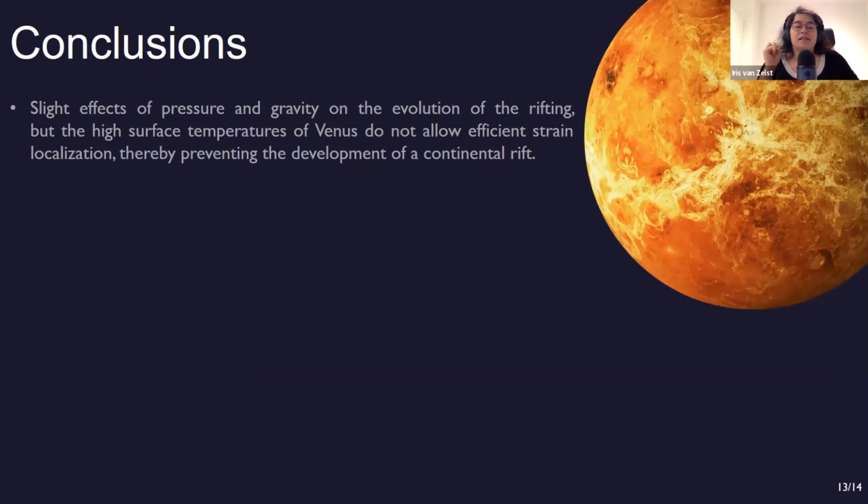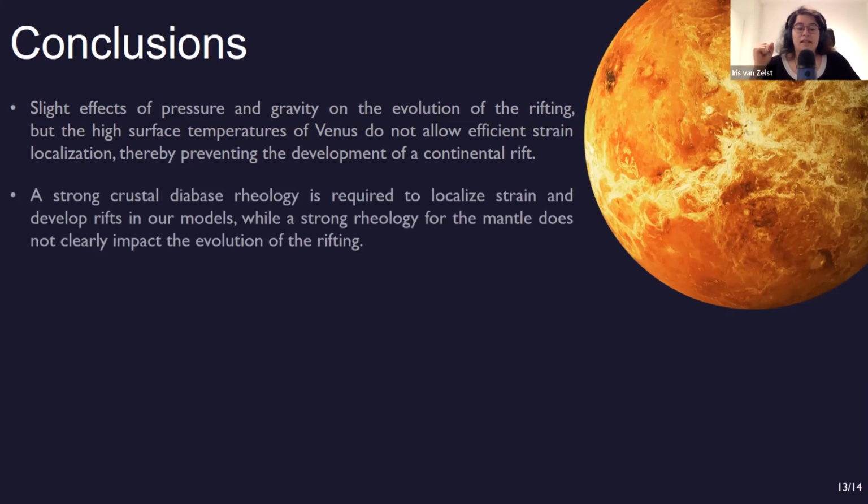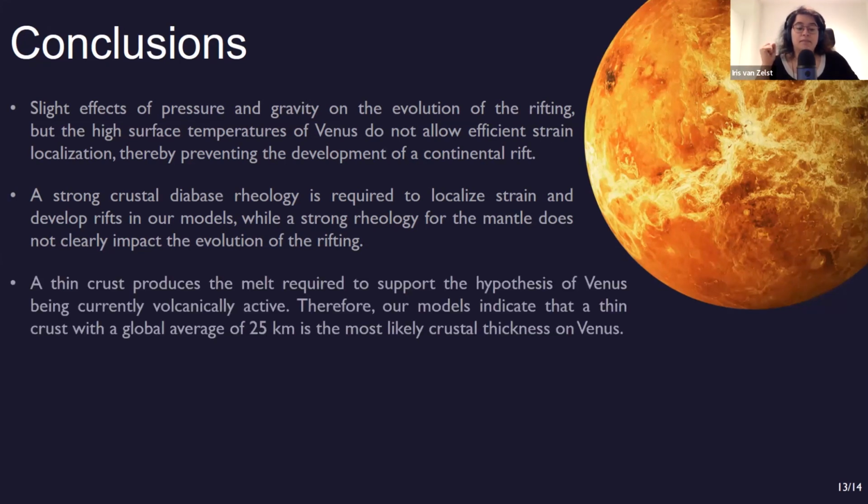We see that there is almost no significant effect of gravity and pressure on the evolution of rifting, but the high surface temperatures of Venus really make a big difference in localizing strain and getting these rift-like features. So next, if you want to have some kind of rift features developing, you need a very strong crustal diabase rheology. And next, the thin crust